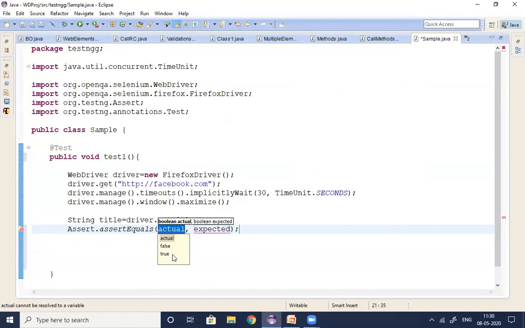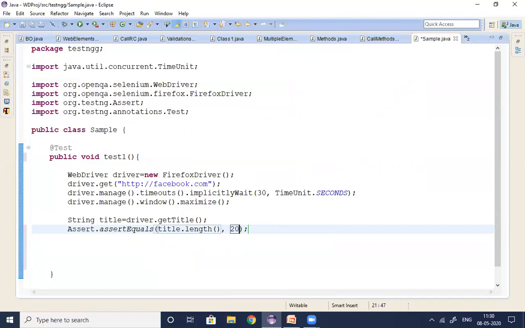Assert equals of what? So what I'm expecting here, I'm expecting title length should be 20. So that is the actual. What is the actual length of the title? How can we get it? Title dot length. So this returns the actual length of the title, but my expectation is what? 20. Simple, guys. So that's all. This is the way we are working with the assertEquals method.